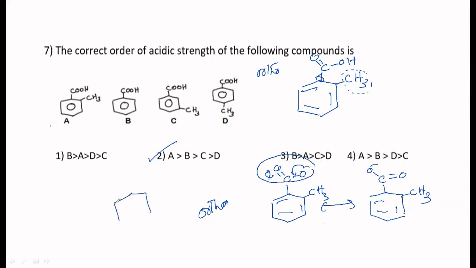But if you simply take benzoic acid, that carbon and these sp2 carbons are all in one plane. But here it is in a different plane. That is the reason this is most acidic. If I had taken NO2 instead of this, then also you could have chosen that. If I had put OCH3, then also that would be more acidic. Okay? Okay, ma'am. Thank you.